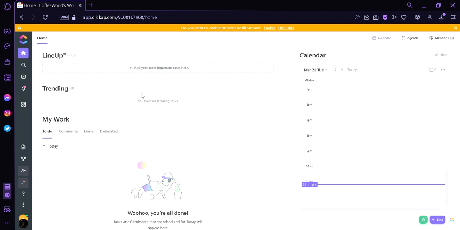One of the key benefits of ClickUp is flexibility. It allows users to choose from a variety of task views, including list, board, calendar, and timeline, making it easy to switch between different perspectives and find the one that works best for each project. Users can also customize each view to show the information they need, such as due dates, priorities, and assigned team